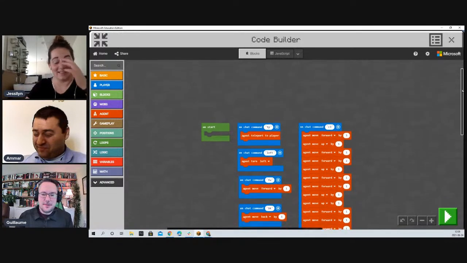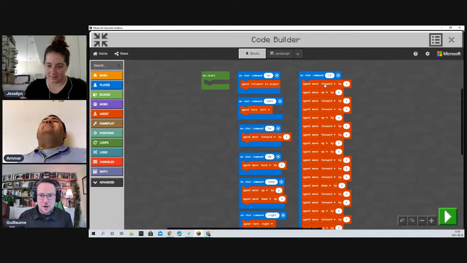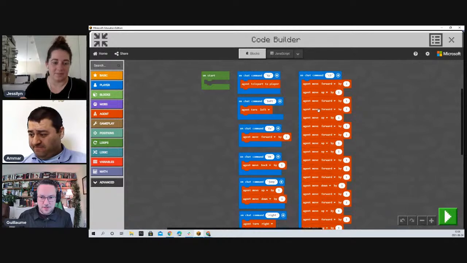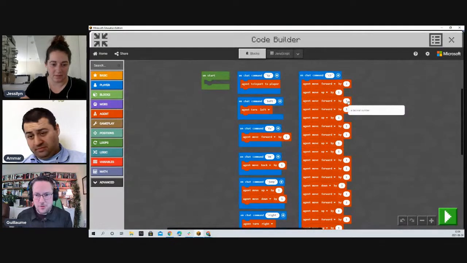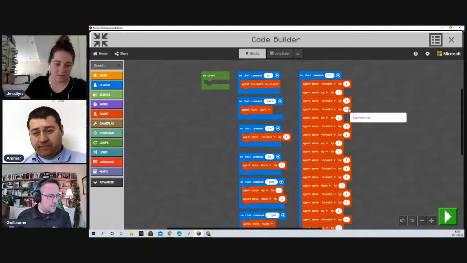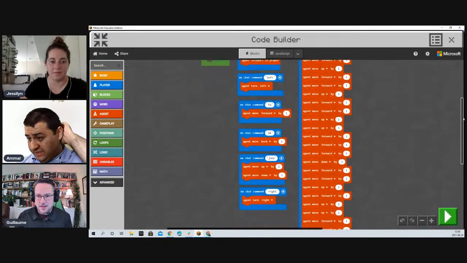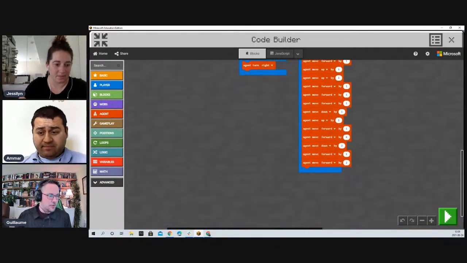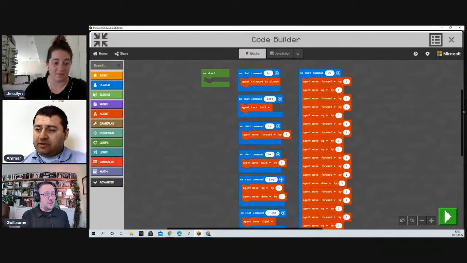So this is my build, my code for challenge 3, and it's all very small steps. You'll notice that I have doubled some of the steps. So instead of saying agent move forward by 3, I said move by 1. This will help the agent get over that little carpet. And then when there's no carpet, you can move forward. But it's all very small increments. And you can see that it creates a very long line of code to get all the way to the end, right?